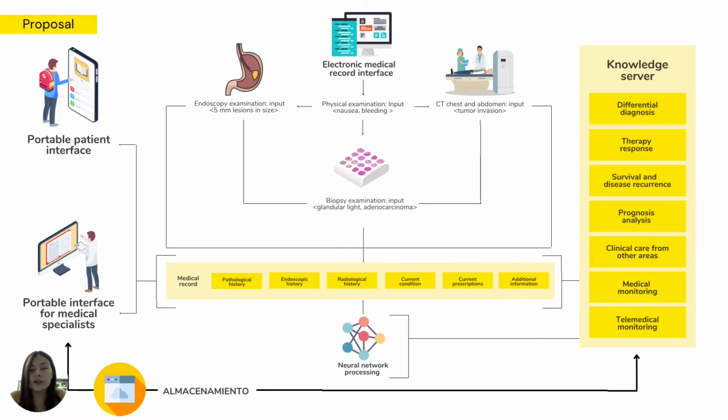And this neural network process will have the knowledge server. It means the knowledge server will allow the medical specialist to analyze all the information, and the neural network will give some differential diagnosis, therapy responses, the survival and disease recurrence, the prognosis,